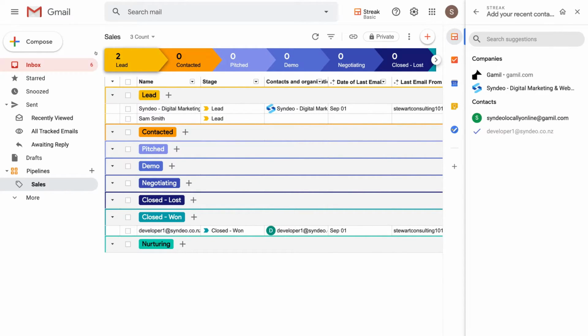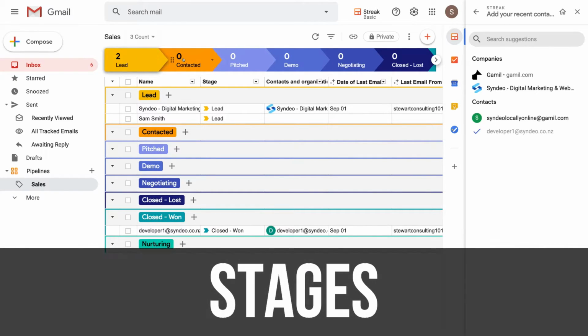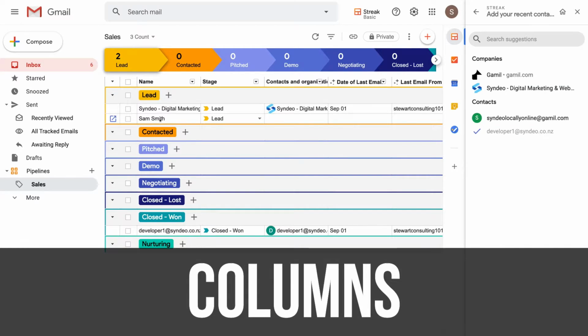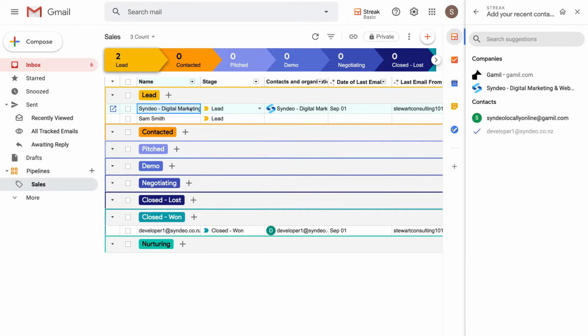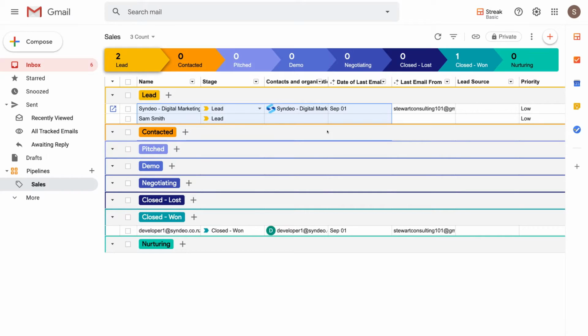So remember, you've got your pipelines, which are your projects, your sales process, or any other pipeline or workflow that you want to create. Then you have your stages across here. Then under each stage, what you have is columns and then boxes. So very straightforward, the structure of each pipeline. Now, if we exit out of this one, so we have a full screen,